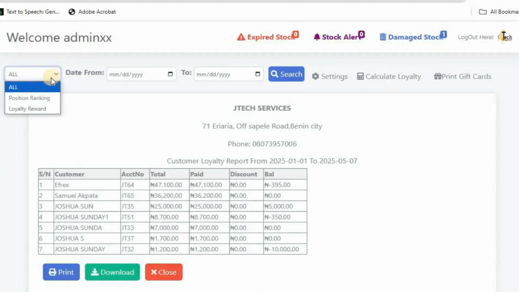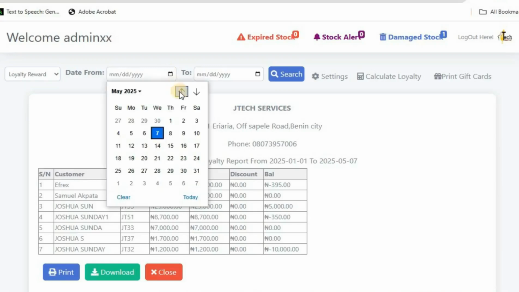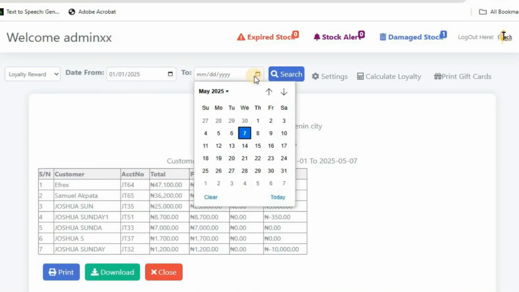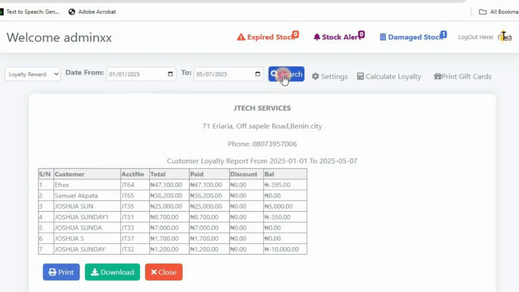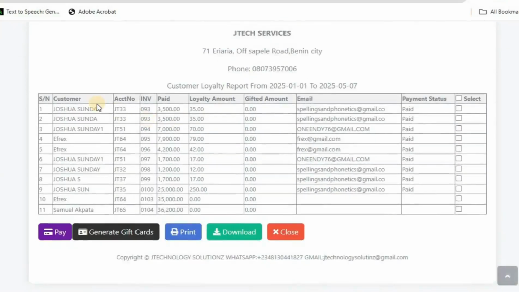We are going to be looking at the next feature, which is loyalty reward. This is where we reward our outstanding customers. So I'll click on loyalty reward. Then I will also select from 1st of January to today's date, the 7th. Now this is a table showing all the customers who have patronized us from 1st of January to the 7th of May. So if you look at the first customer here, this customer bought items worth 3,500, and his